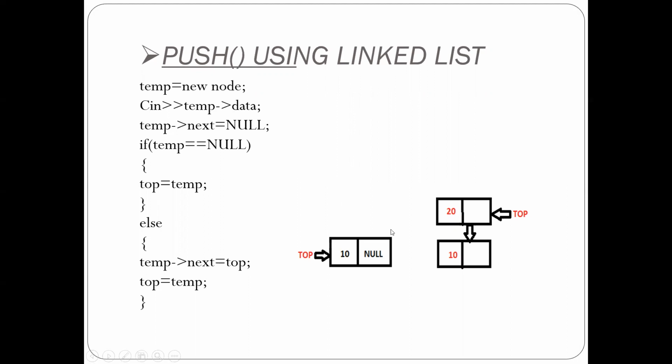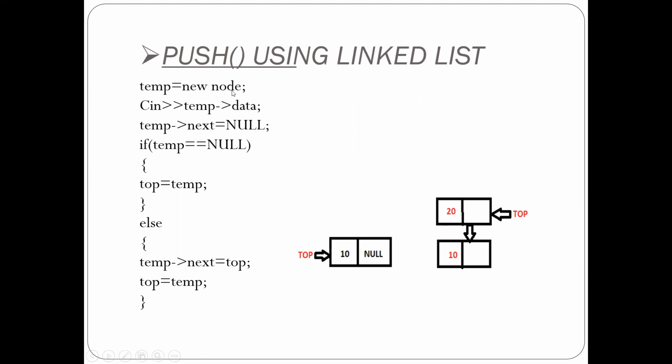So as I told you, simply a singly linked list we have to create here. Create node one by one, mark that node as the topmost node, and then establish the link between the top node and the previous node. So see here how the code will be. First the node creation step should be there, that is temp is equal to new node.